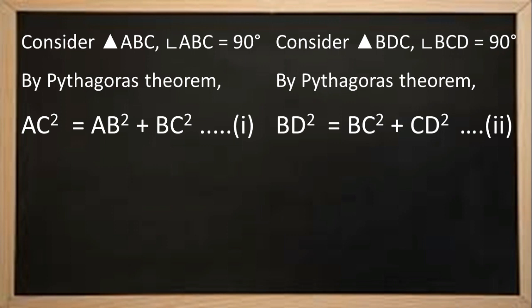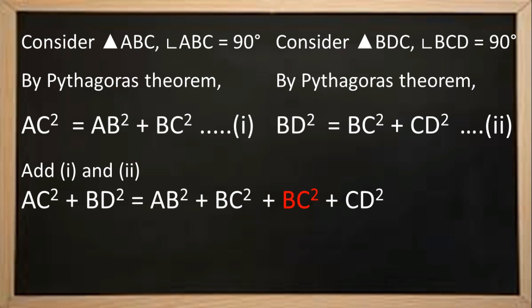Why? Because if you observe what has to be proved, we need BC square. It is asked to prove that AC square plus BD square is equal to AB square plus BC square. So if I equate BC square equation, then BC square will be eliminated. So with the keen observation of what has to be proved, we are not going to rewrite the equation for the common element. Rather than that, we are going to add result 1 and result 2. Why? Because in the proof the left hand side is AC square plus BD square. So let us add result 1 and result 2.